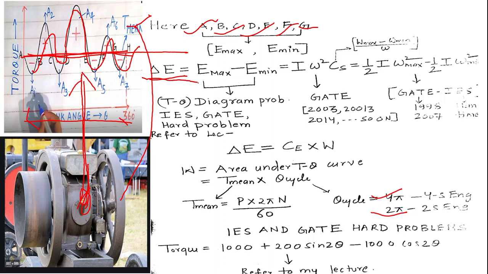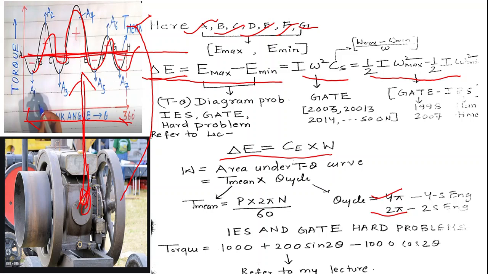So delta E can be found out using this formula, or this method, or this method, or this. Now I will explain, one by one, the procedure to find out delta E. In the first case, delta E is equal to energy E max minus E min. Now friends, see, this